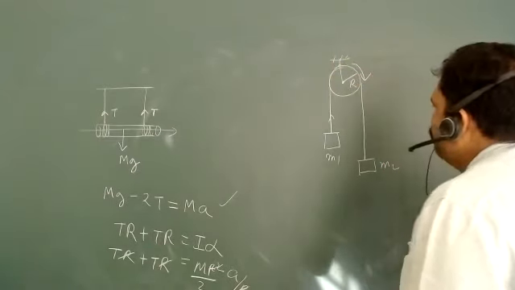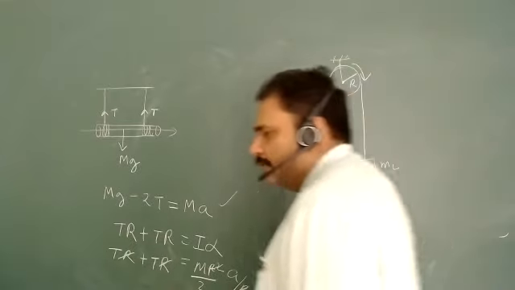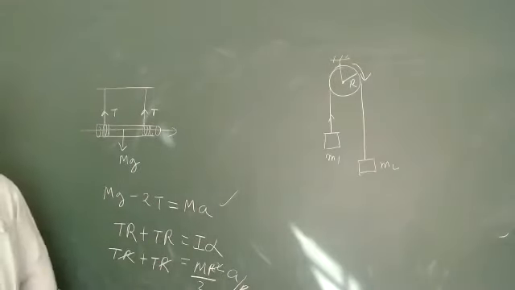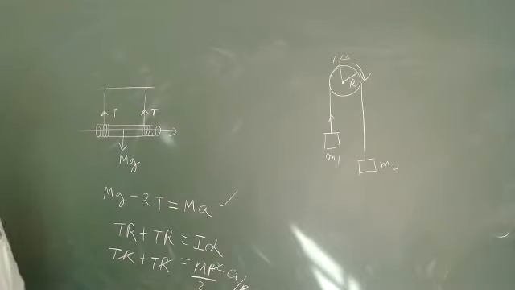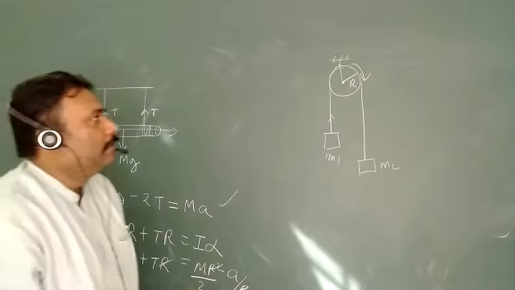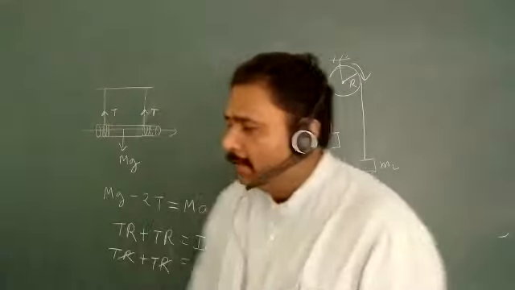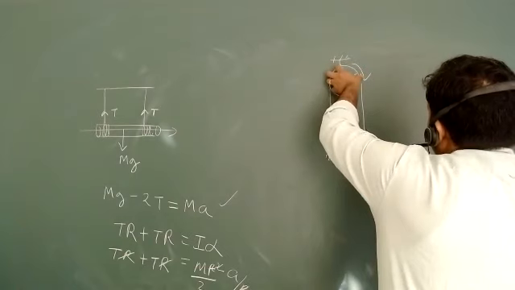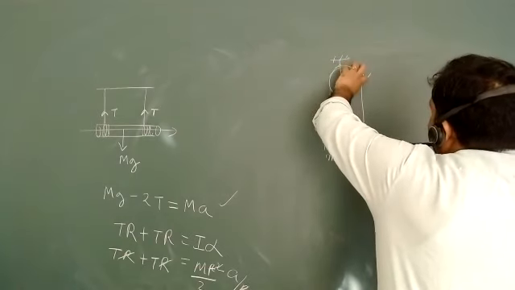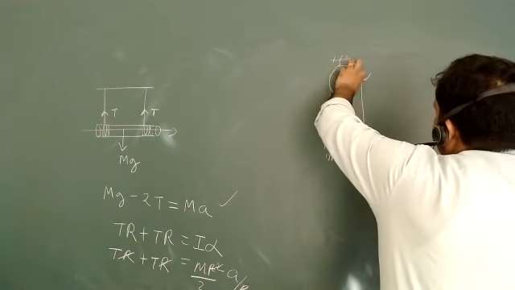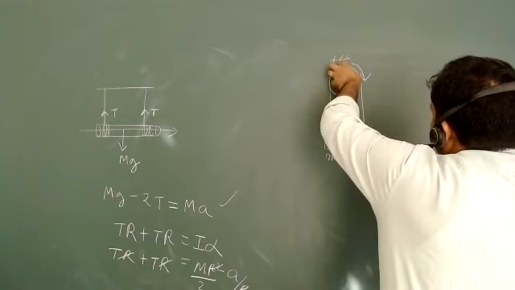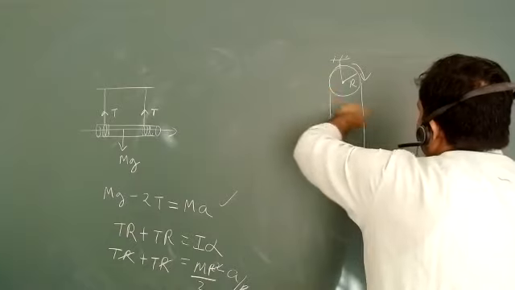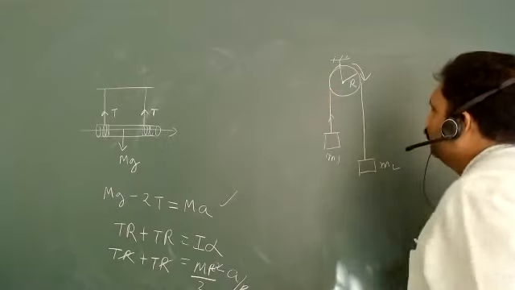Then what will be the tension? The tension will be the same or different? Same sir. The tension will be different, isn't it? Why? Because due to the rotation of this disk and due to its moment of inertia, it will give some thrust onto this wire as well as this wire, and these two will be different. Are you getting my point?